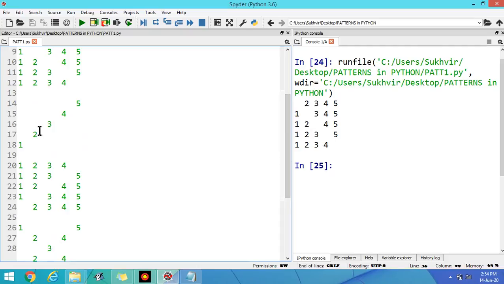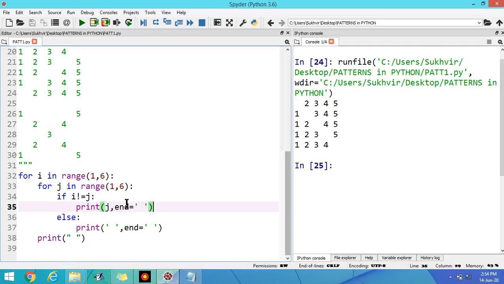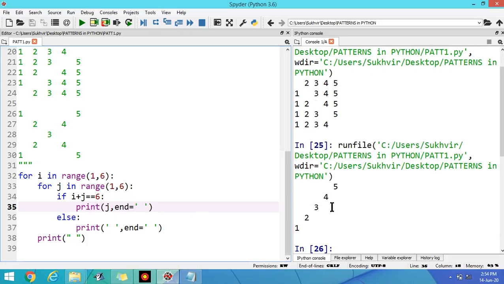If I have to print the secondary diagonal, then I can write here i plus j equal to 6. It means if the value of i plus j is equal to 6, then print the value of j, otherwise an empty print. Let us execute the program.